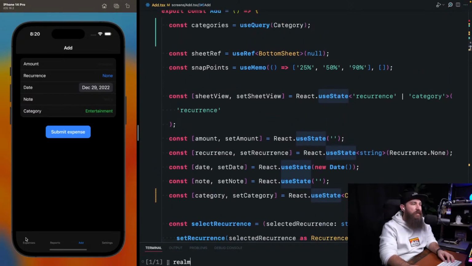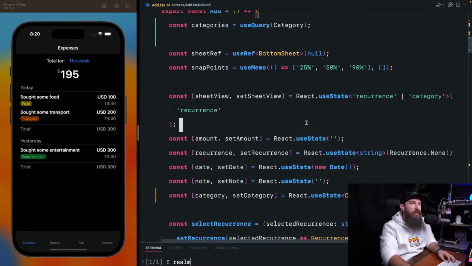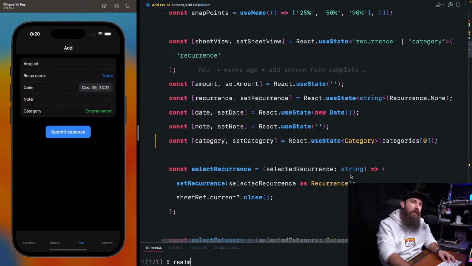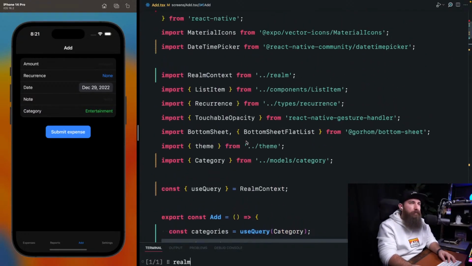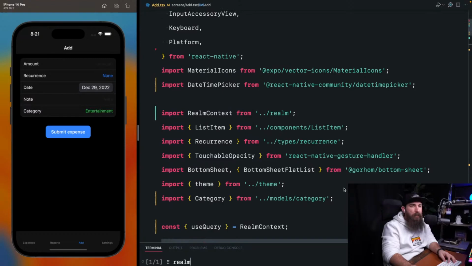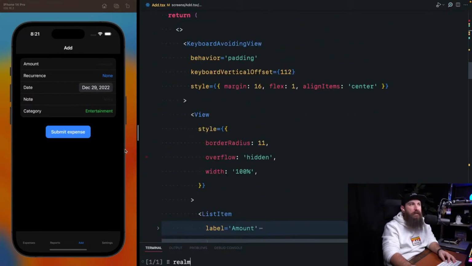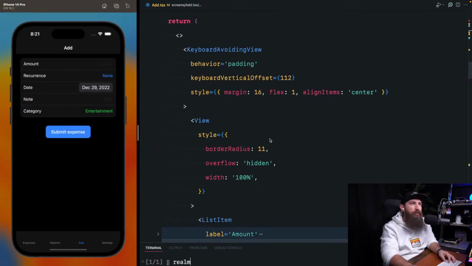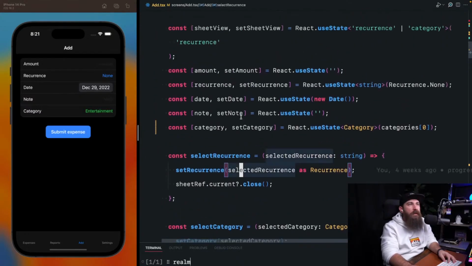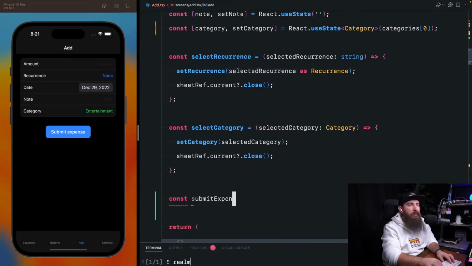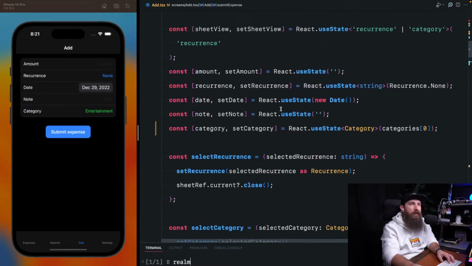What else is there? We got the expenses here. Oh, actually, wait a minute. On the add screen, when we submit an expense, we actually want to create a new expense. We should be importing the expenses type, but we're not. Oh, because this does nothing. There's only the selection, but let's actually create that. So submit expense, right? We have everything here, and